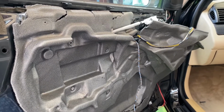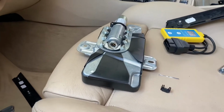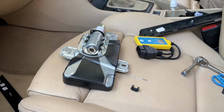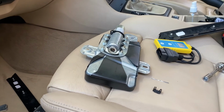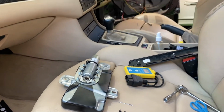So when I was changing my window regulator, I made the mistake of unplugging the airbag and then testing the window regulator, which then got me the airbag sign on the dashboard. So I went through the forums, and one guy said, try testing it with the other